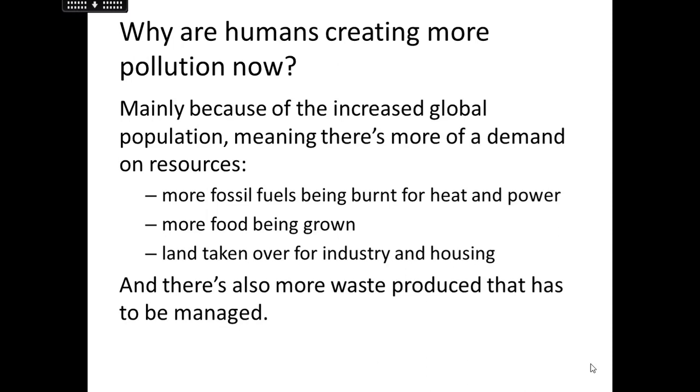And we also need to use more of our land for food to be grown. So you can see that vast areas of land are being changed from being natural habitats for lots of animals and plants, and they are being changed into fields and agricultural use. Also, by tarmacking and lots of cement for industry and housing, that's also causing issues for things that live in the area. So not only are we taking over these things, we're also then producing more waste, and that has to be managed, which can also cause big problems for other ecosystems.